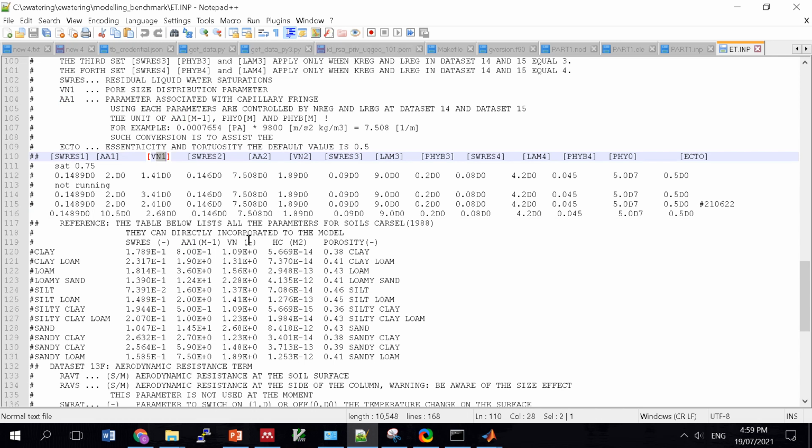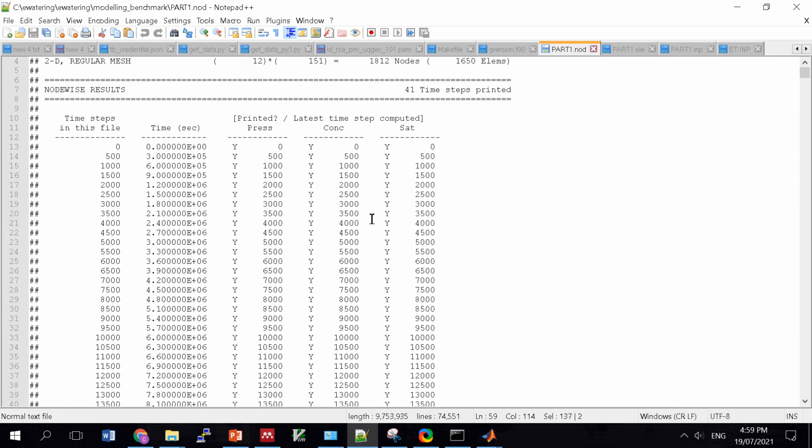And we know that these numbers are always different when the soil type is changed. So this is the second type of soil. So we need to ensure that within the NOD file, LREG and NREG